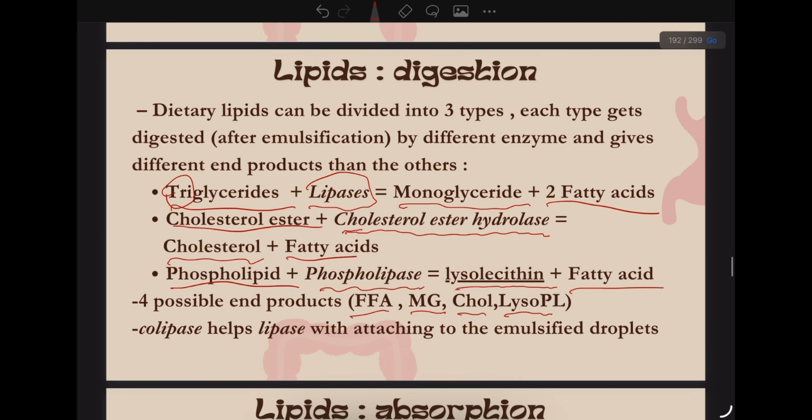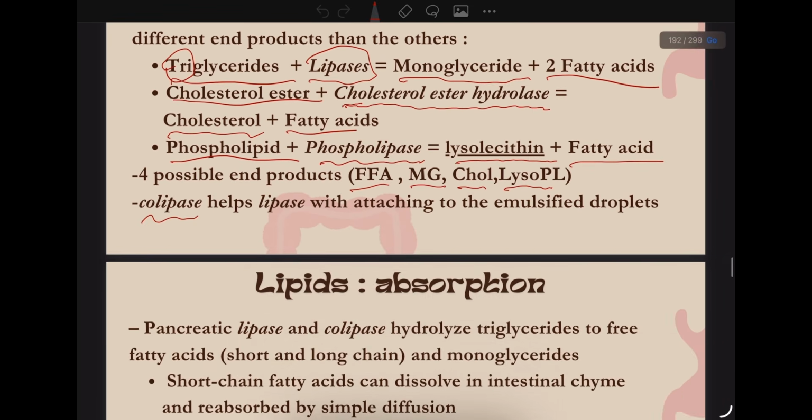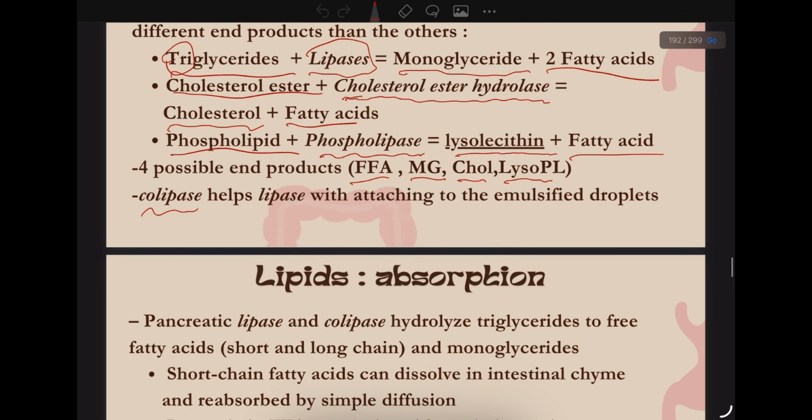Now, just as a side note, we have an enzyme called colipase, which helps lipase attach to these emulsified droplets. You will talk about it more in B10. It's B11, I think, Dr. Abdel-Jabbar. Anyway,